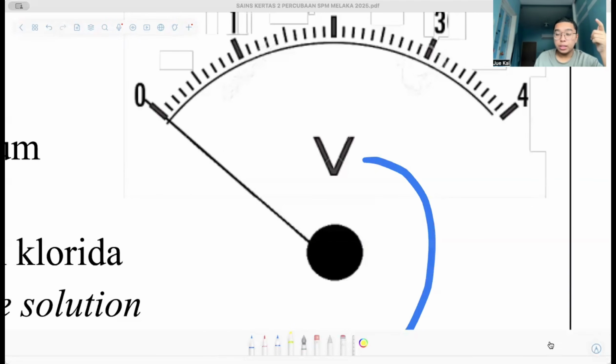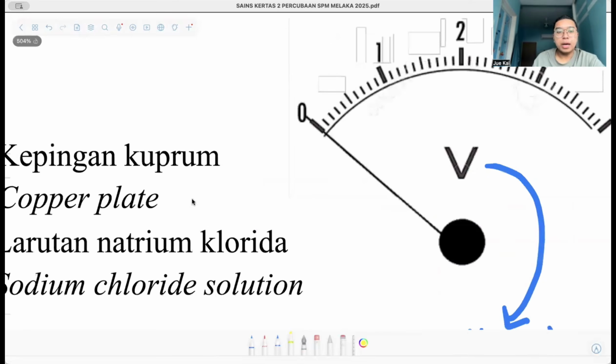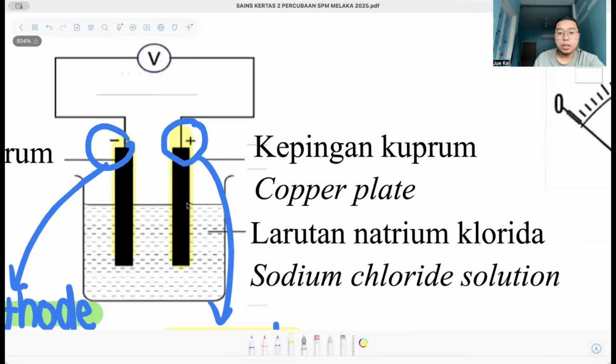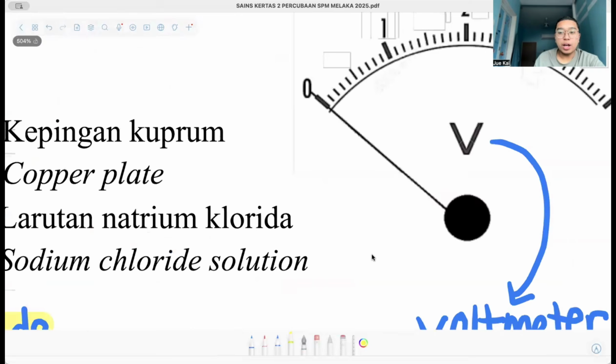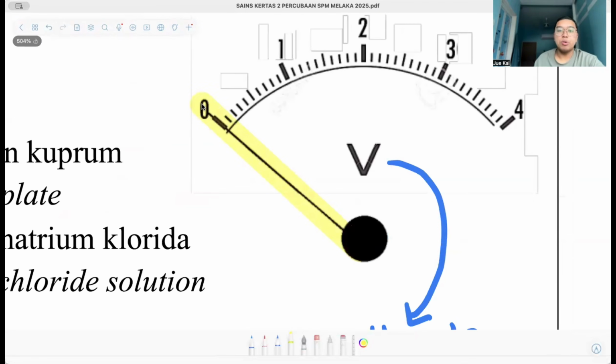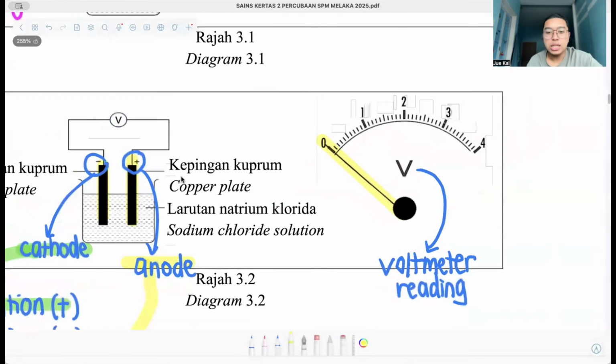No reading, right? So no reading, that means this statement is proven. So what you need to tell is what's that? When both are the same, it doesn't provide you reading, which is 0. That's all. Do I need to waste time like